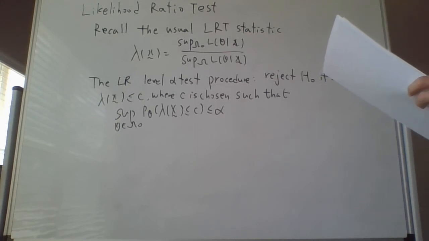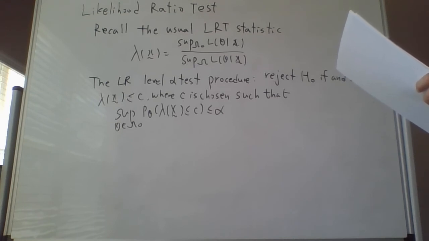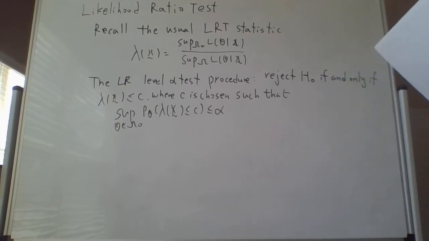So the likelihood ratio level alpha test procedure is we reject H0 if and only if lambda is less than or equal to C, where C is chosen such that the supremum of the probability that lambda of x is less than or equal to C under the null hypothesis is less than or equal to alpha. And if you recall, to perform the likelihood ratio test procedure, one needs to